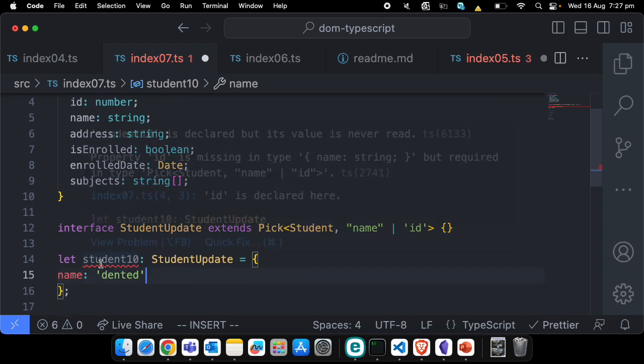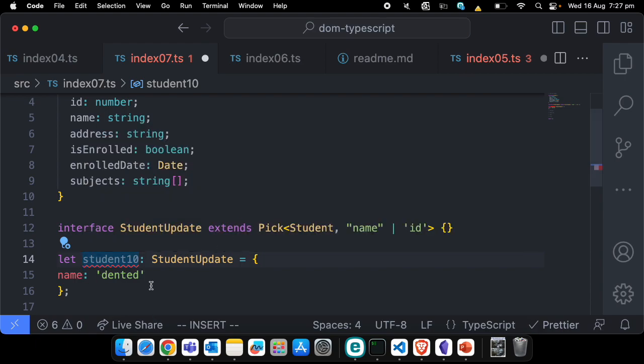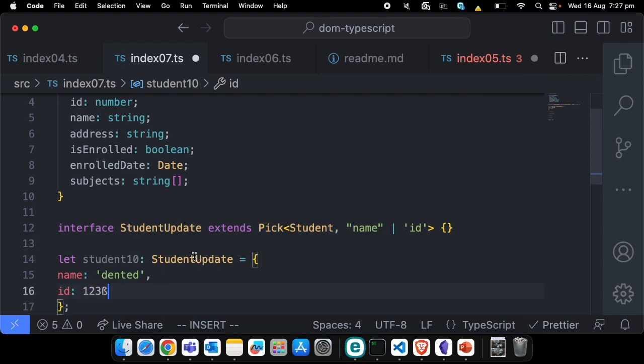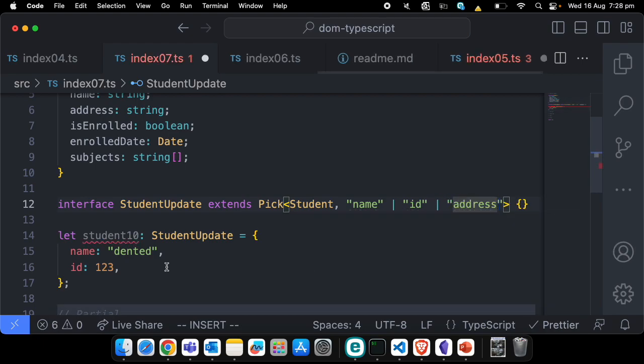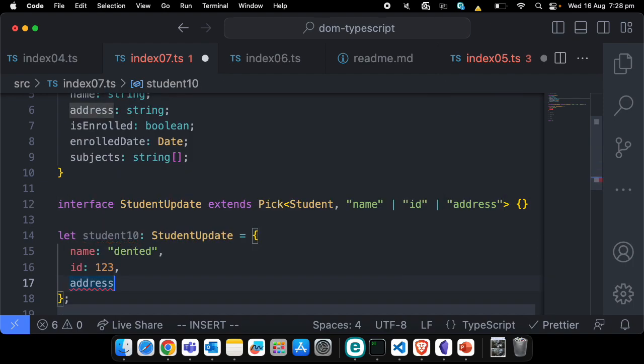So it will complain now because I'm not just expecting name, I'm also expecting ID. So ID is probably 1, 2, 3, right? So this is how we can use Pick to pick whatever things we want. Let's say for now we also want address, and we'll get an error saying we need address as well here. So I'll go address and then say